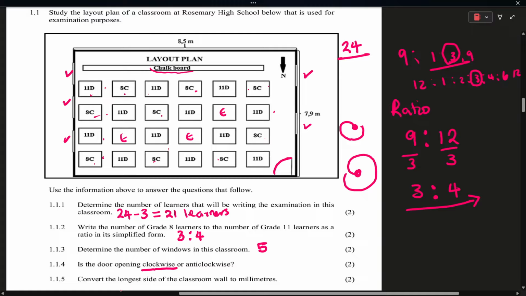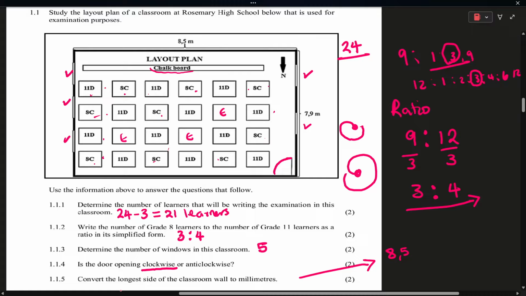Now, convert the longest side of the classroom wall to millimeters. Let's look at this one, my learners. Which one is the longest side between 7.9 and 8.5? Obvious, it's 8.5. Now, let's convert it to millimeters. So, what do we do? We're going to say 8.5,